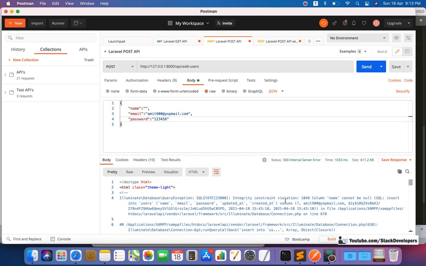In an Android app, if you are providing the API to your Android developer and such a message comes, then the app will crash. We don't want that. You can see the response code here, it is 500 internal server error. The app will definitely crash and an error will come up there, so that is not good for us.